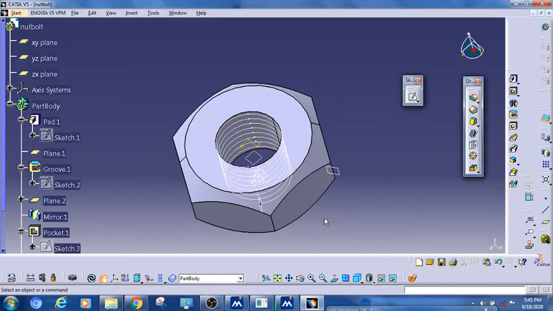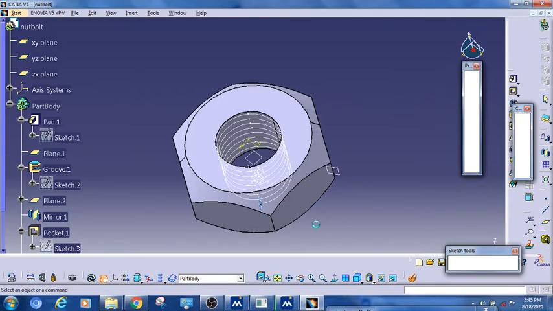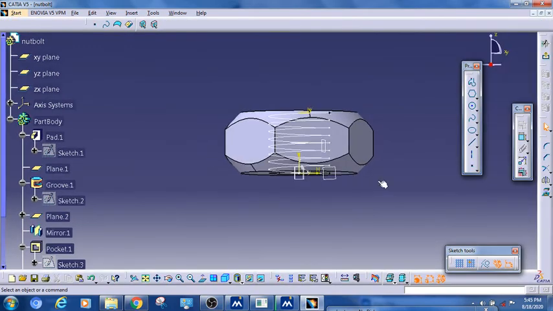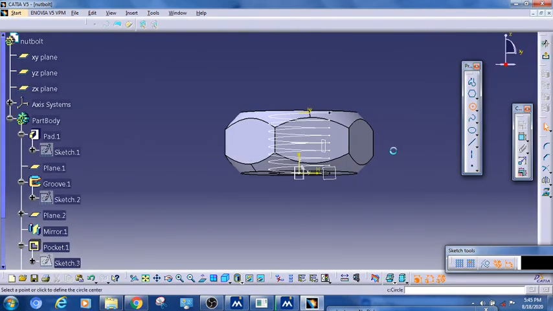Okay. Now for creating a circle, I will just select the plane, and I will select a circle.